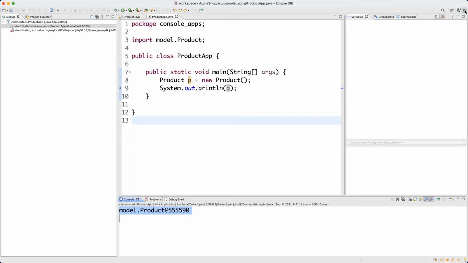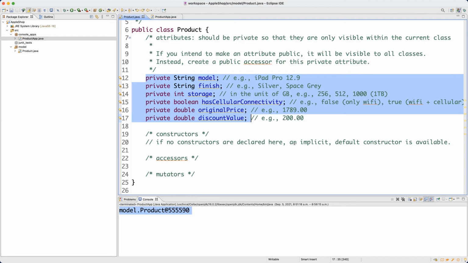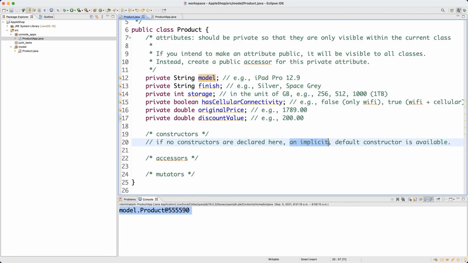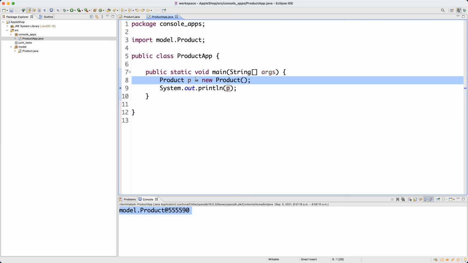You can see now I already terminated the debugger by pressing the stop button here. And now don't forget you want to switch back to the Java perspective. So I'm going to click on the Java perspective over here, and then let me go back to the product class. I would say typically if you ever are going to find the implicit default constructor useful to you, which means you simply want to create an object where every attribute simply stores their default values to start with, as we saw before,